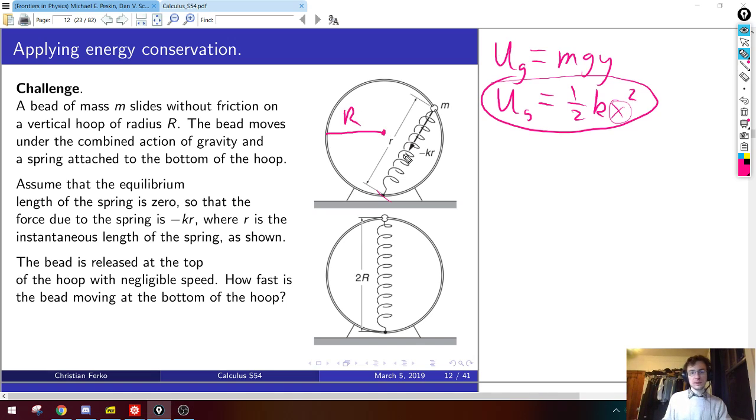Okay. So anyway, what equation should I write down to express energy conservation between the beginning, where it's at the top, and the end, where it's at the bottom? Sorry, could you state the final question again? I'm asking you, what equation should I write down to express conservation of energy between the beginning and final states?